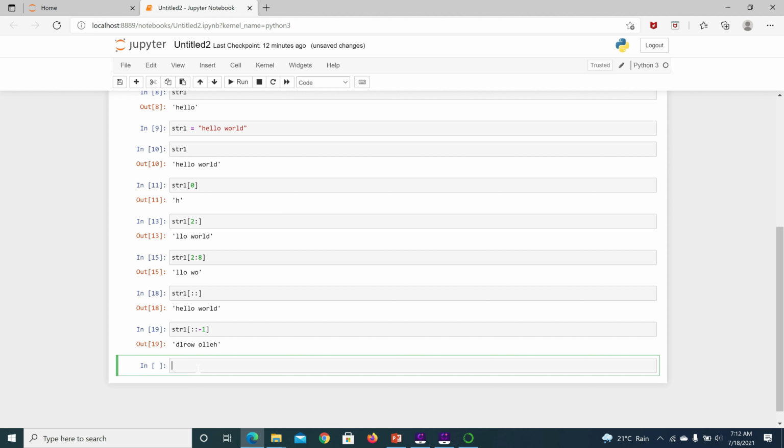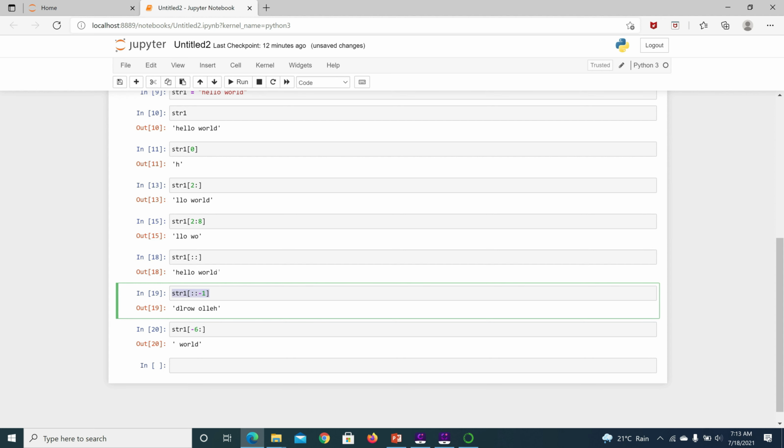If I want to slice it, so I can mention string to print -6th position. If you see here, it is printing world. Let me show you the index position. This is -1, -2, -3, -4, -5, -6. The sixth position is a space, so that is why we are getting space here in this place. Let me make it -7 onwards. Executing the script again, it is taken the value -7. From there it is printing.